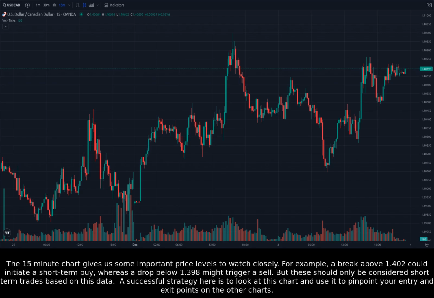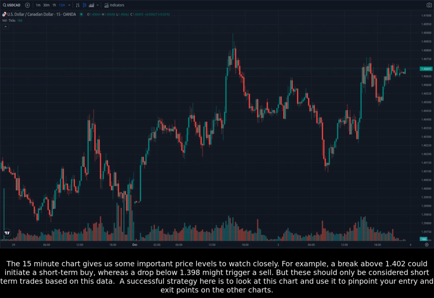The 15-minute chart gives us some important price levels to watch closely. For example, a break above 1.402 could initiate a short-term buy, whereas a drop below 1.398 might trigger a sell. But these should only be considered short-term trades based on this data. A successful strategy here is to look at this chart and use it to pinpoint your entry and exit points